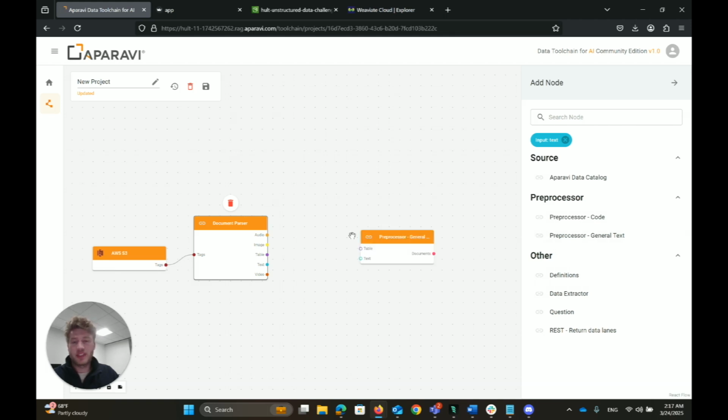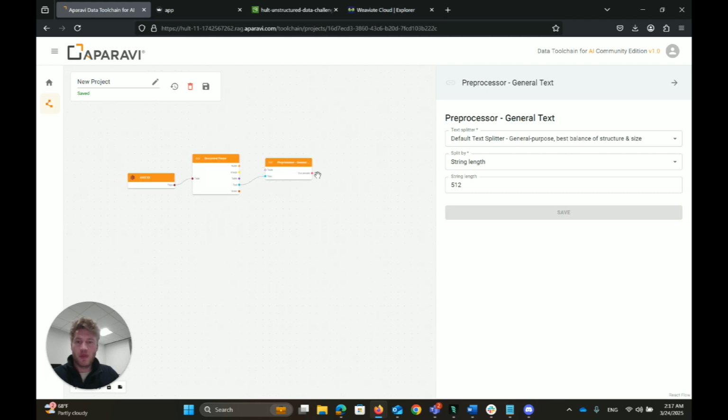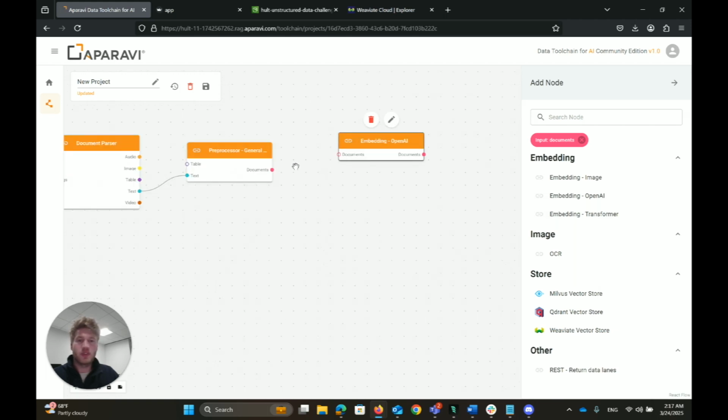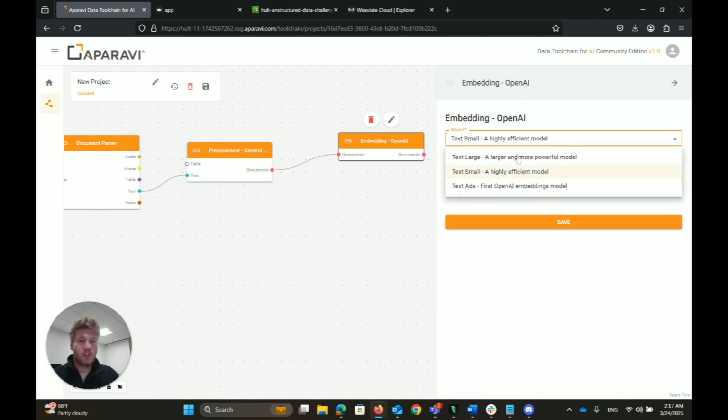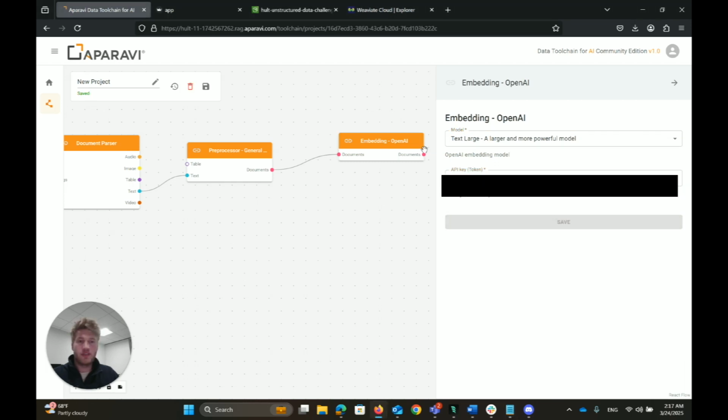Now we're going to pre-process that text to chunk it into smaller bits and pieces that we can vectorize. I'm going to go for the default text splitter, that's fine. Then we want to use an embedding model. In this case, we could use an open source model like the sentence transformers, or we're going to go with the OpenAI embedding model. Let's go for the larger model. Gotta enter the API key, hit save,